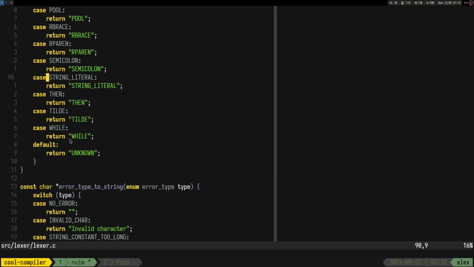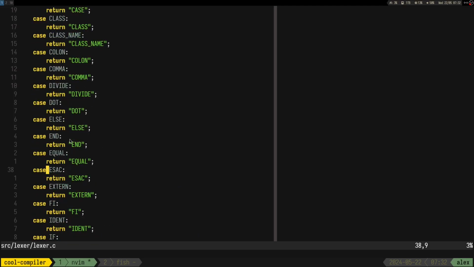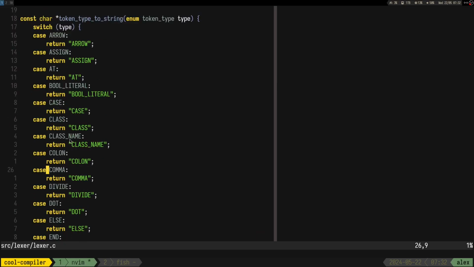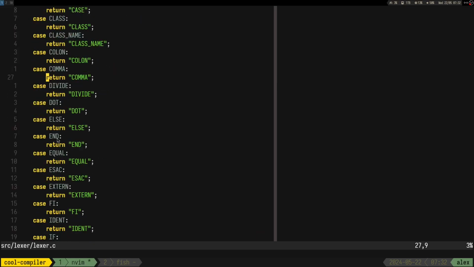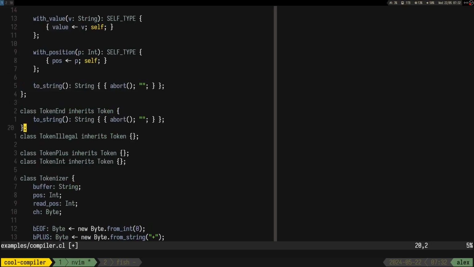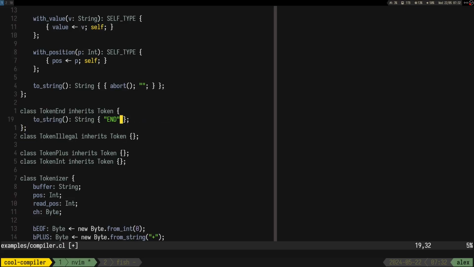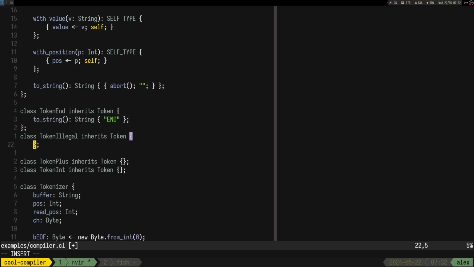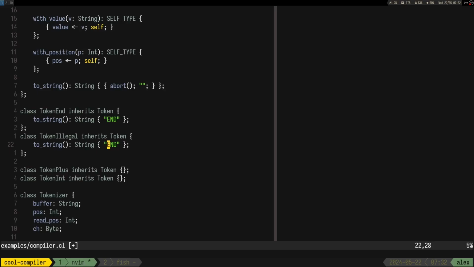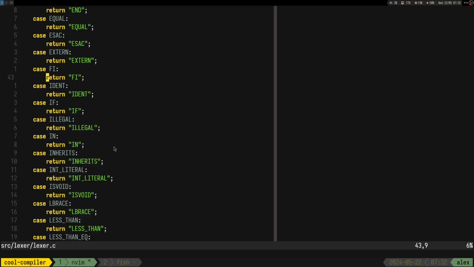I think it's like, where is end? Huh. And I mean end is end, right? Okay, and yeah, so this is gonna be the function that we need. I guess illegal, is it illegal? Yeah.